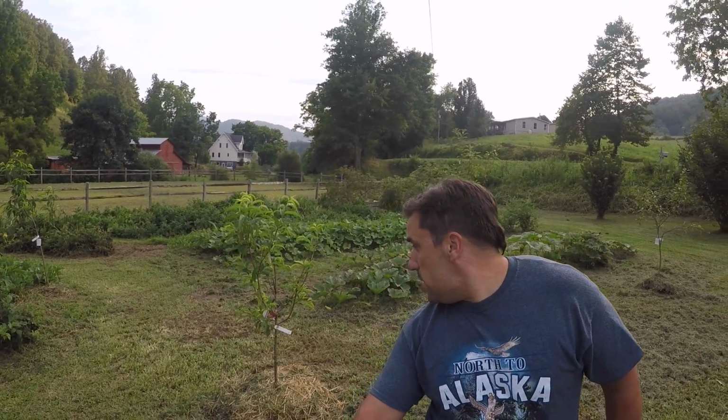This tree is 3 years old, and it was planted as the size of, let me show you the size that it was when we first got it. See this tree now behind me? That's a peach, another peach tree. So it started out that size, and now it's this size. We only had 1 peach from it this year, which was kinda disappointing. But it had so many little peaches from it, which is fine though, because